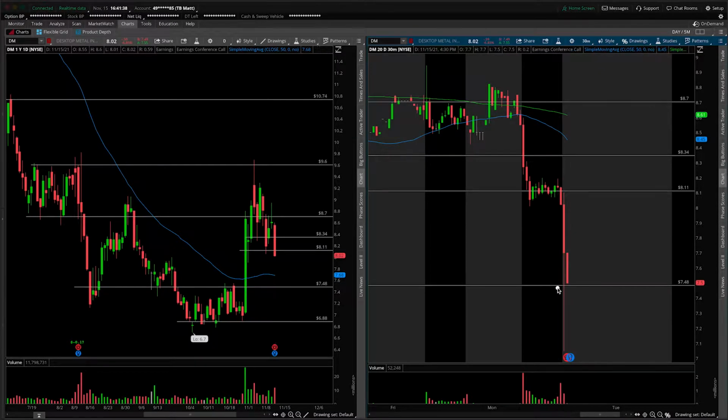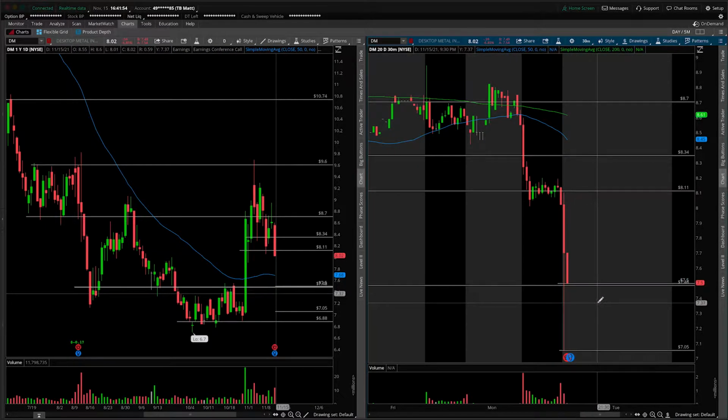I would just venture to point out that the anticipated open should be here around $7.50, and we'll also throw on the overnight low. Let's grab the other tool here for that, and that's going to be closer to $7.05. So really large overnight range actually, which is kind of concerning. It usually makes the opening trade a little bit more difficult to pull off.